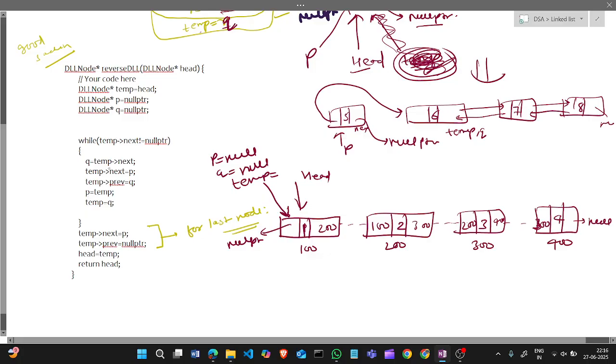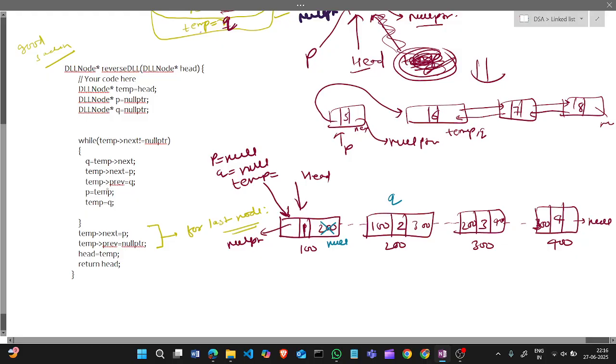So q is temp next; temp is here, next is this, so this is q. And we will make temp next null.